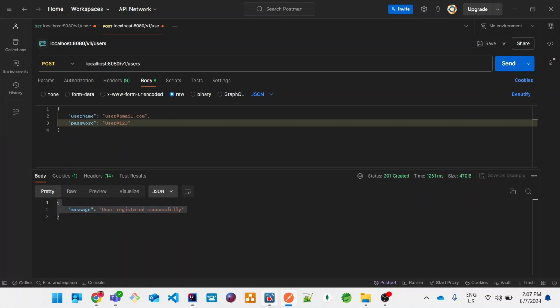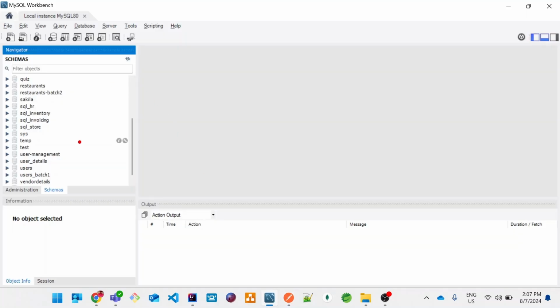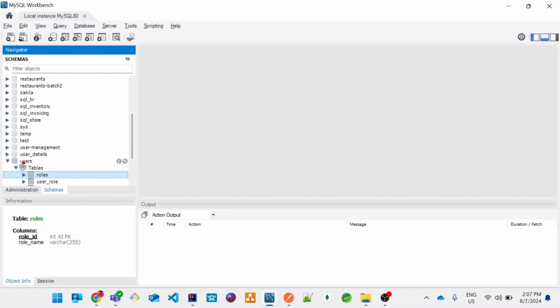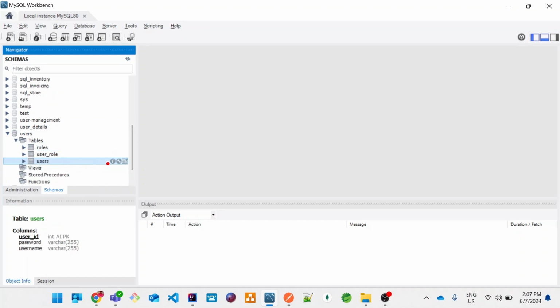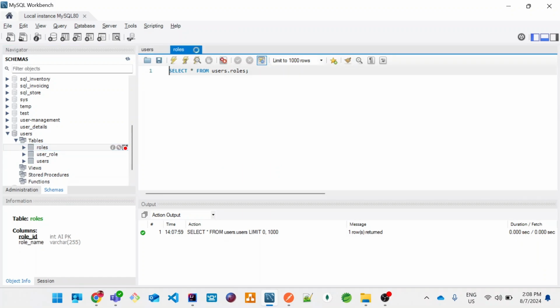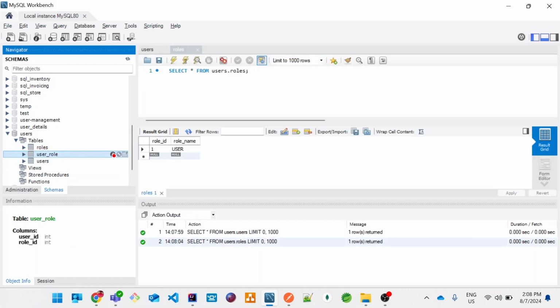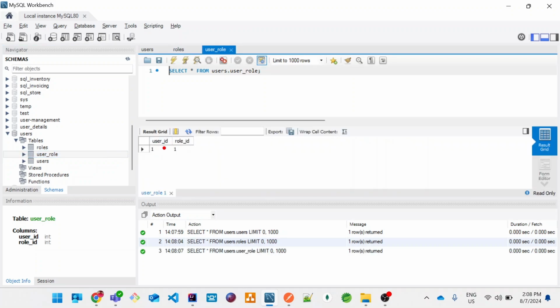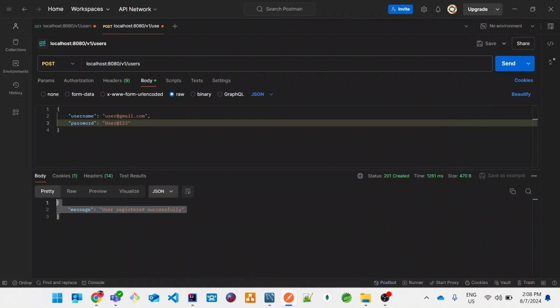So let's check it in the database. We'll just refresh it. And we'll just go to the users. Okay. Then we will verify the role. Okay, good. And then we will verify the mapping. Yes, it's good. So we have created one user successfully. So now we need to